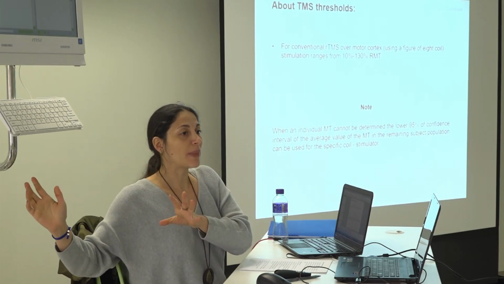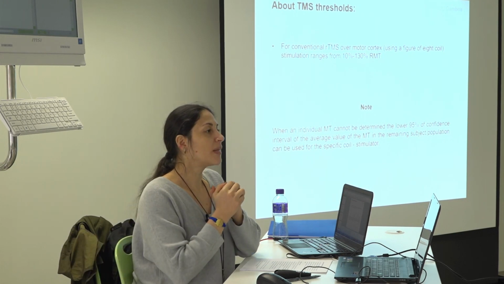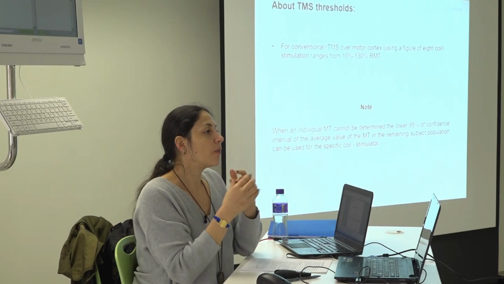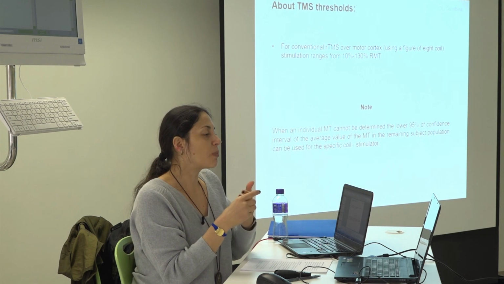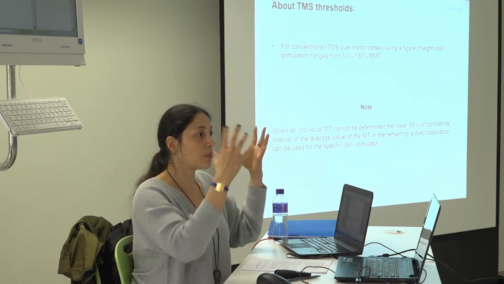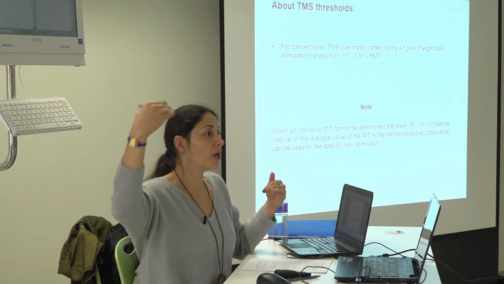We talked this morning about how we use the motor threshold as a guide for what intensity of stimulation I'm applying. I have my motor threshold, which is a value X, and from this value I can go low or go high. How much can I go high, how much can I go low? The accepted limit reported here, because at the time they wrote this consensus it was what everybody was doing, and probably now it will be a lot higher,